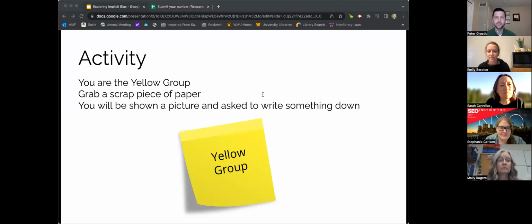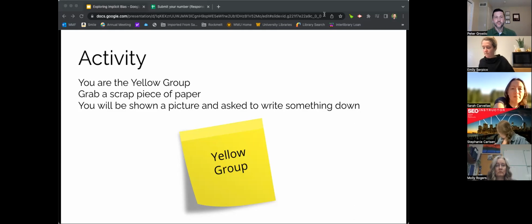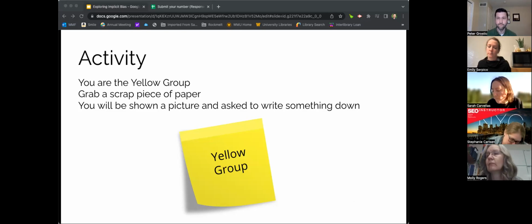Just going to wait another moment to make sure everybody was able to join. So for your first mini investigation, you're going to need to write down or type 2 very, very short answers. So if you have a scrap piece of paper close by, or you want to open up some sort of document that you can do that on your computer, I'd ask you to do that right now. Again, very short. You don't need a lot of space here at all. And also, please note that you are the yellow group. You are the yellow group, okay?